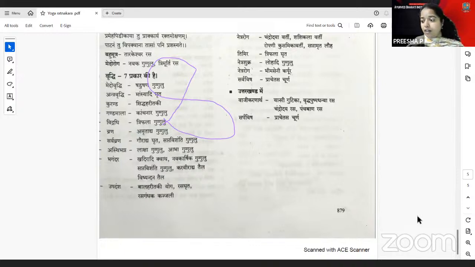I think you have understood up to this regarding the Yoga Ratnakara aspects of it. Any other doubt? I think the Yoga Ratnakara part is covered. We have something related to the Harita Samhita and also some questions. First, we will do some questions. Then we will go to some of the Sanskrit aspects of this week.